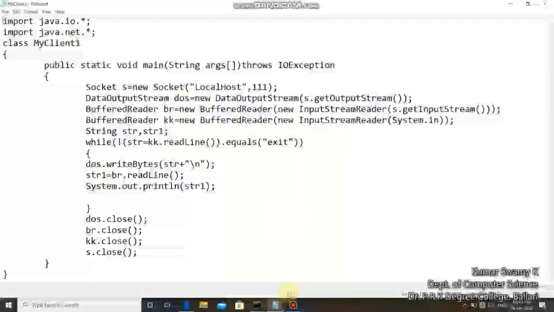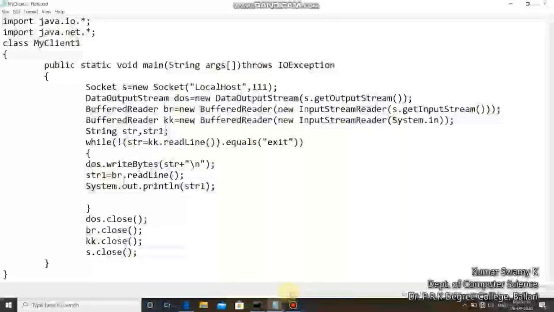So public static void main, in which I have created a socket class object S, with localhost and port number 111. To it I am attaching an output stream object DOS, a data output stream, which helps the client program send data to the server, and a buffered reader BR which helps to read the data coming from the server.